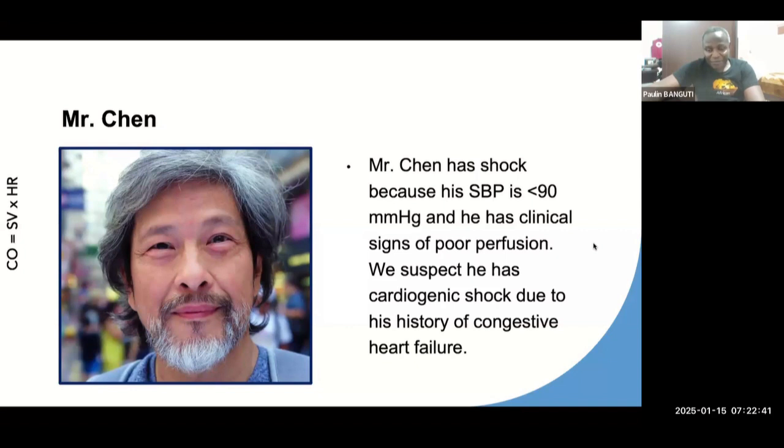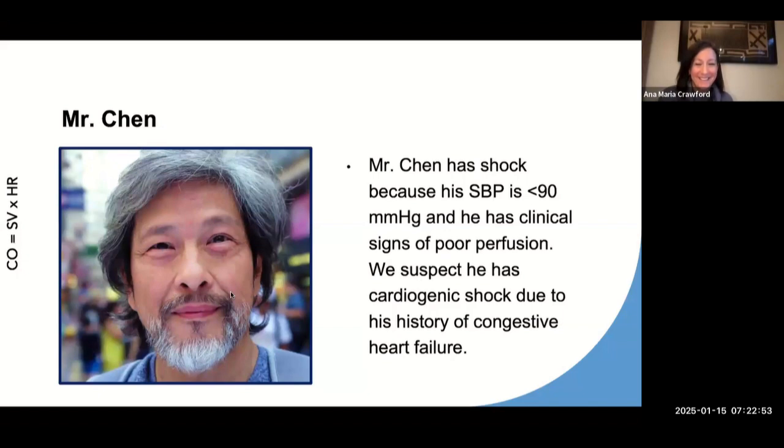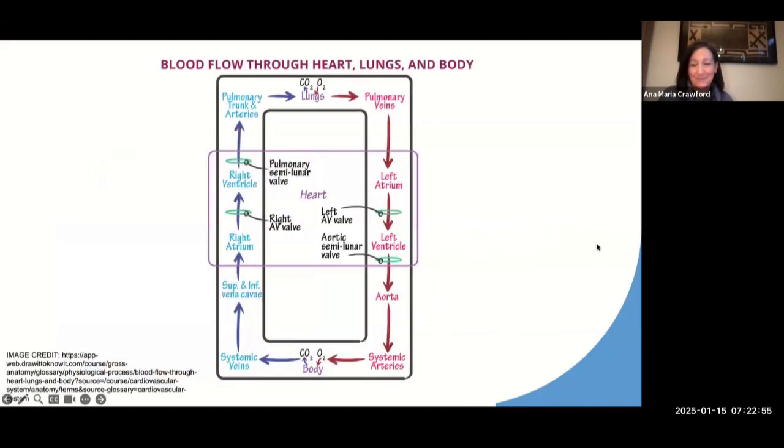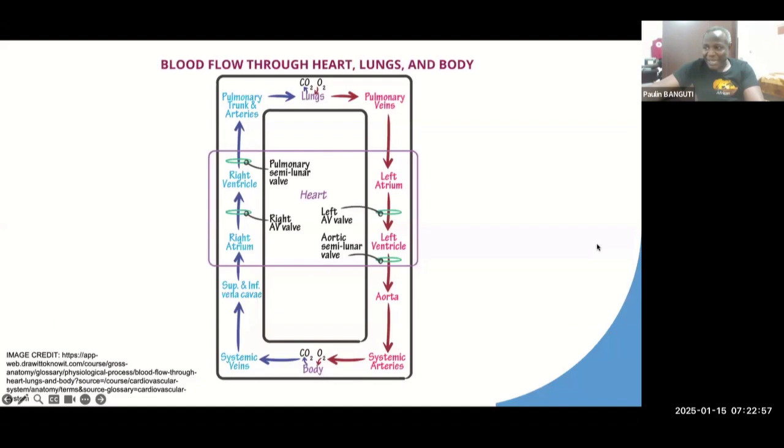So the diagnosis we can attribute to Mr. Chen is cardiogenic shock. So next, we need to refresh a little bit. Next slide, please. Okay, thank you. So to refresh a little bit the blood flow